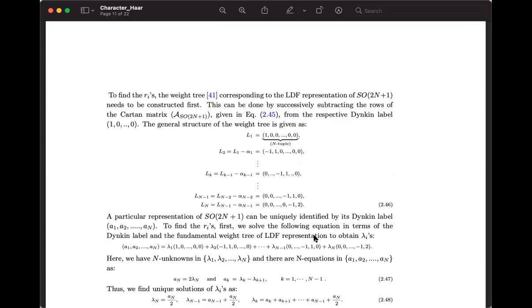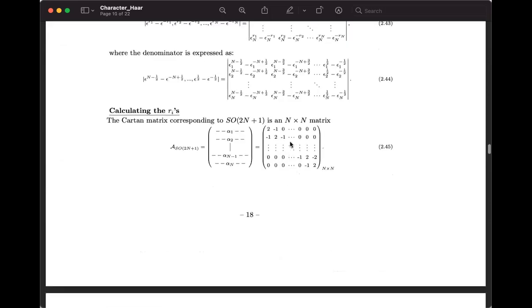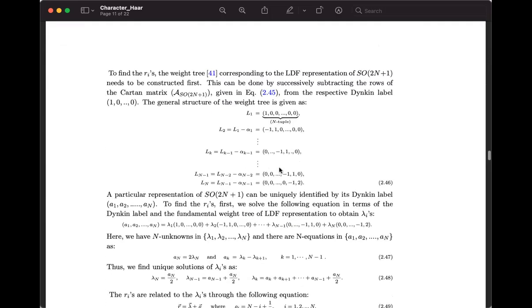So here we have to first identify the lowest dimension fundamental representation of SO(2N+1), and more specifically its Dynkin label. The Dynkin label is given like 1, 0, and so on, an N-tuple, because the rank is N, so N number of entries are there. Now we can calculate this L2, L3, and so on up to Ln by subtracting the alpha_i roots one by one systematically. And that's what has been done here. The entries are different, but the method is basically the same. That's important here, and that's the importance of this method. It's actually unifying for all the compact groups.